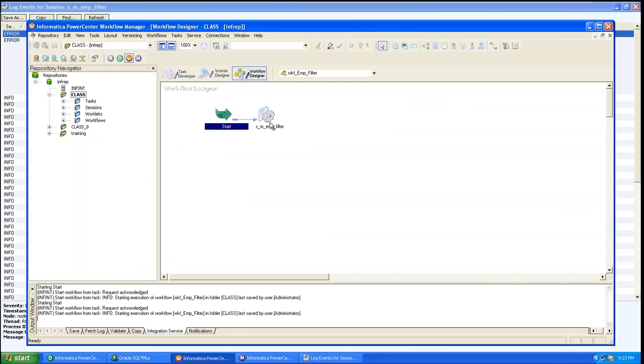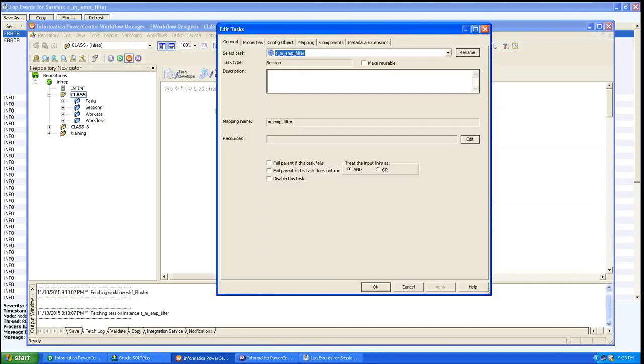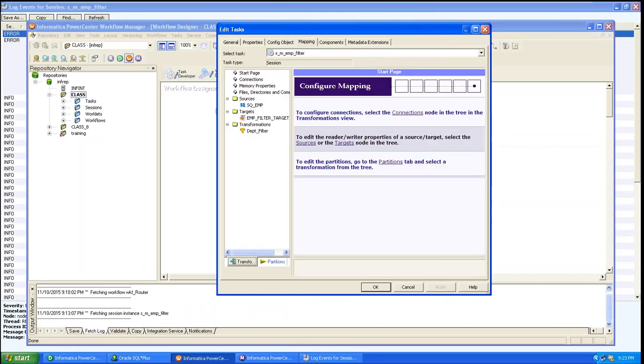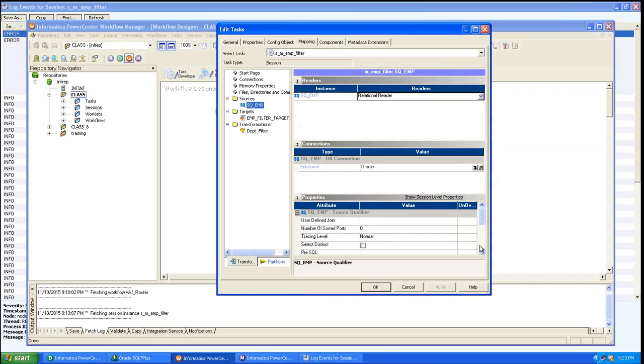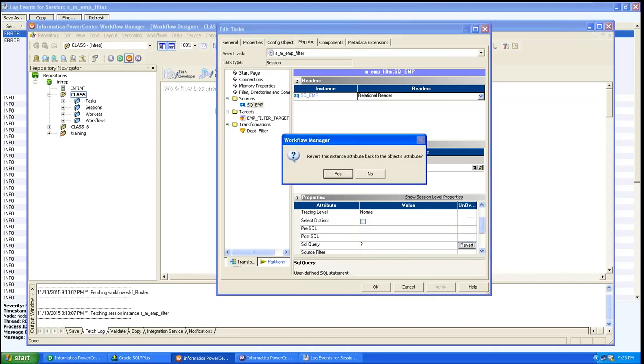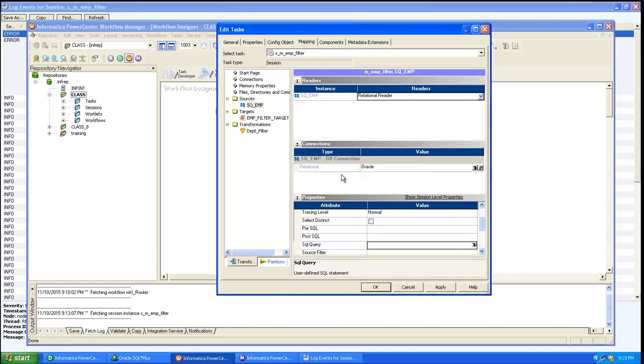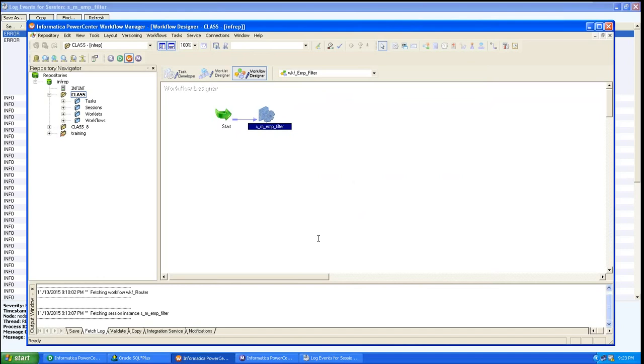So remove that one. Now you understood, right? How to check the log file. Okay, good. Okay, remove that. Revert, just revert. If you click on revert, it will go back to the previous thing. Very good. Now apply and okay. Click OK, and then save. Control S. Again save.